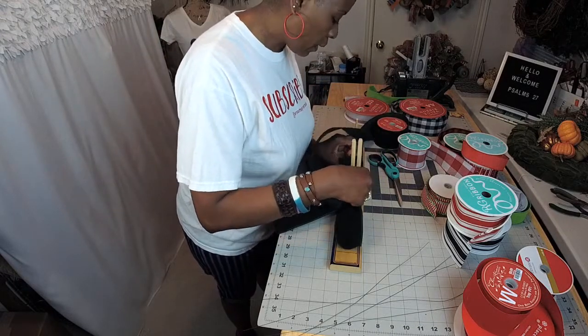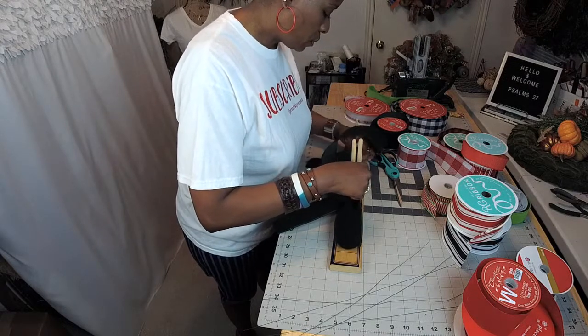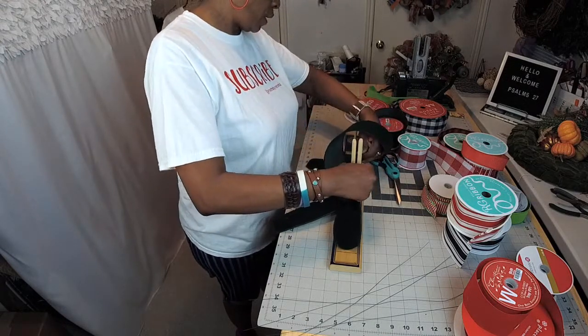So I'm going to make a 6-inch loop right here,